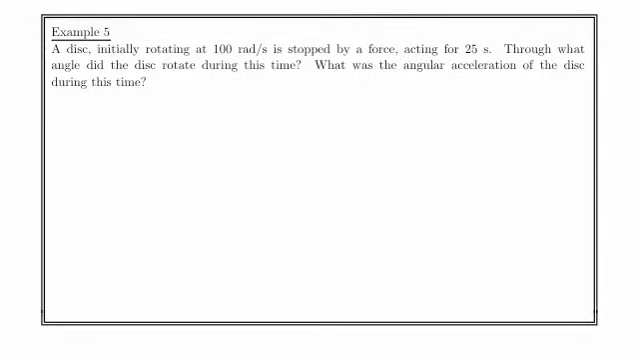Final example. A disk initially rotating at 100 radians per second is stopped by a force which acts for 25 seconds. Through what angle did the disk rotate during this time? And what was the angular acceleration of the disk during this time? So the important thing is that it stopped. So omega 2 is equal to 0, while omega 1 is equal to 100. So we can use this equation here